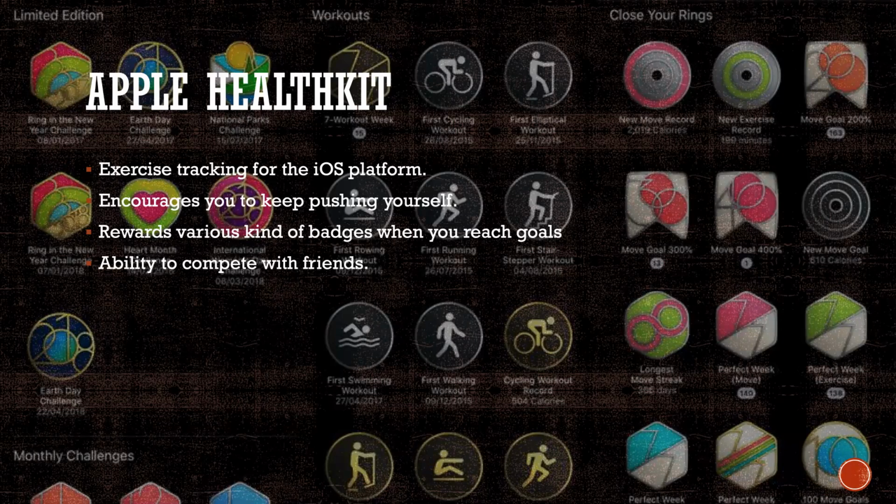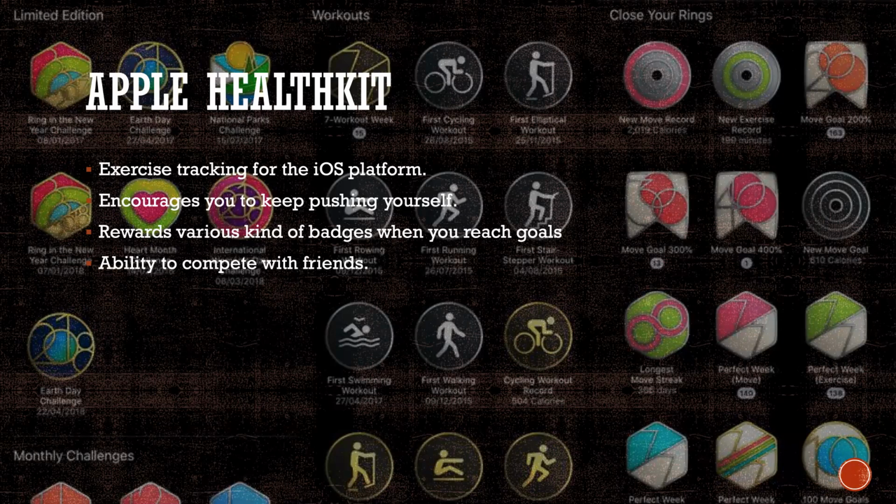It also keeps reminding you that you're this far along in earning this badge, you're this far along in earning that badge. And they also introduced the concept of leaderboards where you can share certain activities with your friends, and you can compete with them every day based on who burns the most calories, who does a new workout, who runs the farthest.